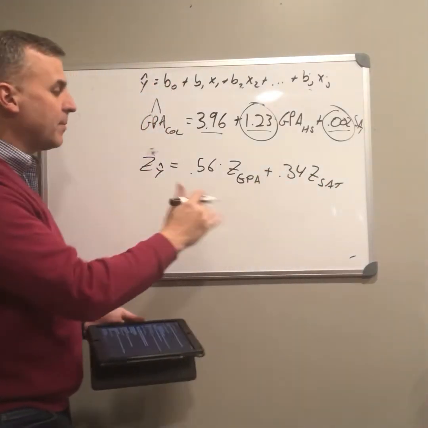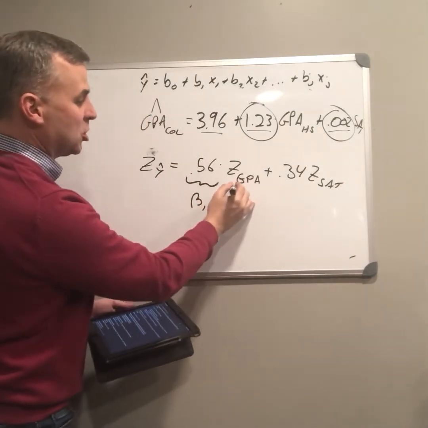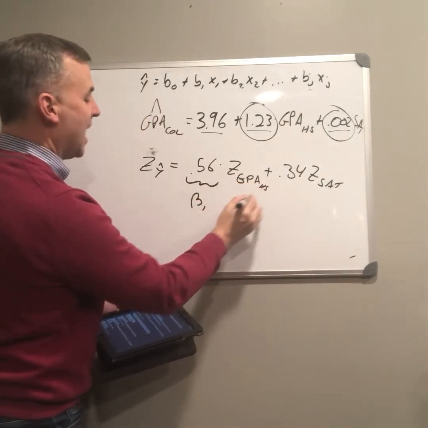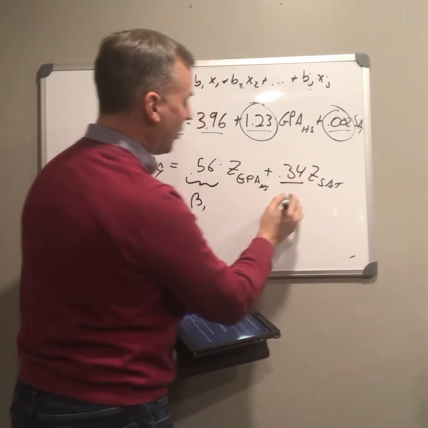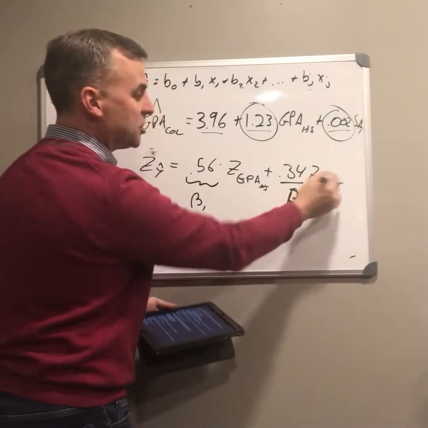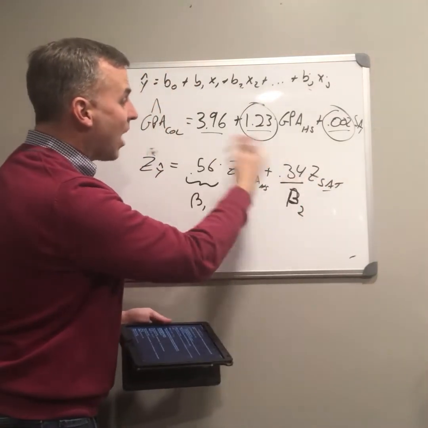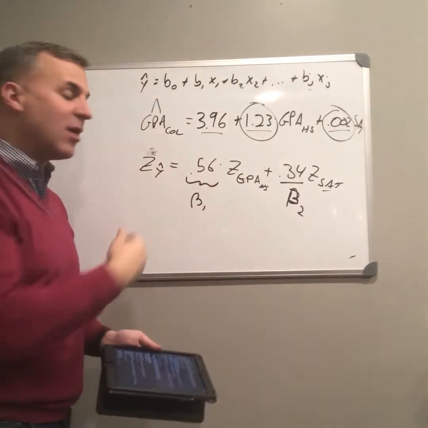Now I can make some comparisons here. Right, now here is beta sub 1, that's associated with your high school GPA. And here, 0.34 is beta sub 2, which is associated with SAT score. I can see now that I can interpret these better. I can compare them to each other,